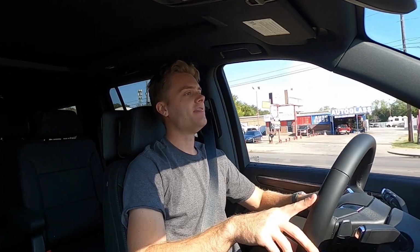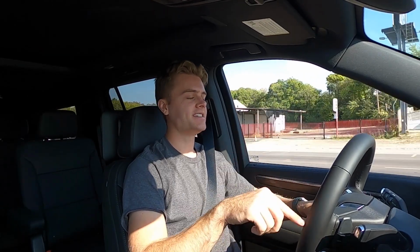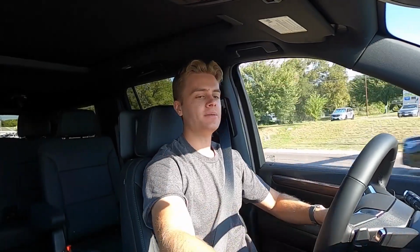Another thing you're going to notice is that you can't get Super Cruise on the Z71 trim level. I asked Chevy why not, and they said it had to do with the front fascia. They were more focused on making this vehicle off-road oriented, giving buyers what they wanted in terms of the front fascia, the looks, and the approach angle, than making sure it had the Super Cruise feature. So you can't get it in Z71. On all other trim levels except LS, it is available. So that's a bit of a bummer. I wish it did have that feature, but I'm not too peeved about it,